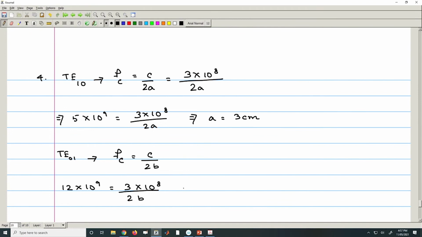So we will get value of B as 1.25 centimeter. Now since A is greater than B, the next higher order modes are calculated as,